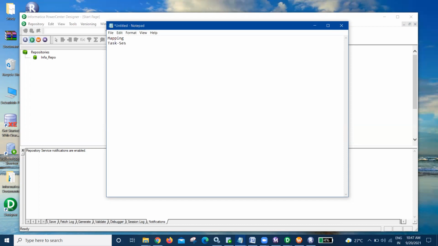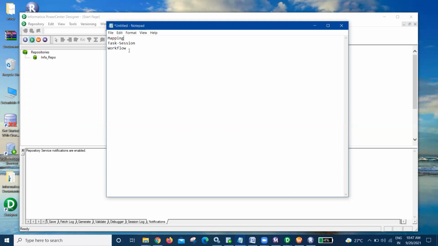There are a lot of other tasks as well, which we'll learn later. So this is a session task. On top of that, we have a workflow. We cannot directly run any task or any mapping. We have to create a workflow, and only then can we run the workflow.